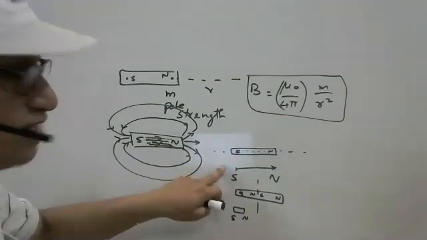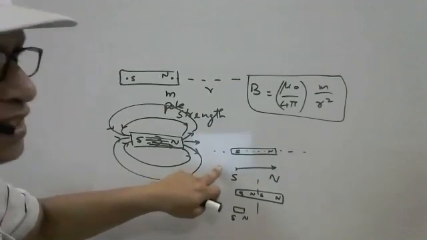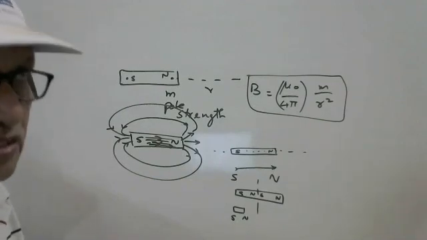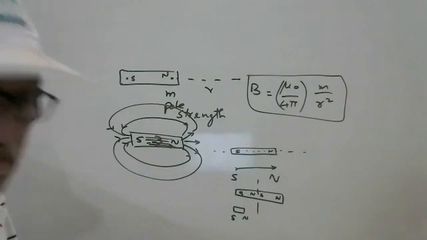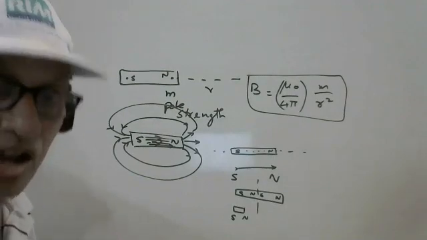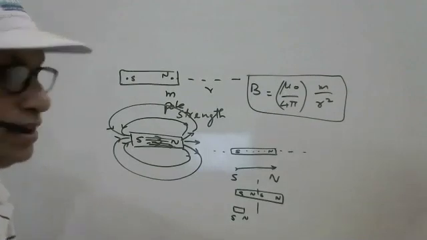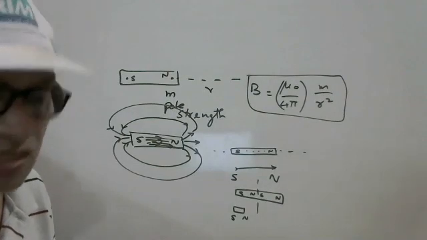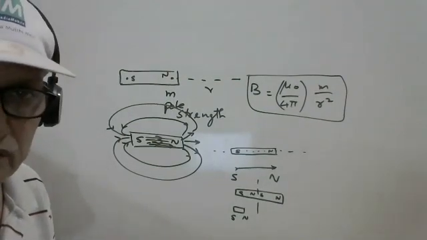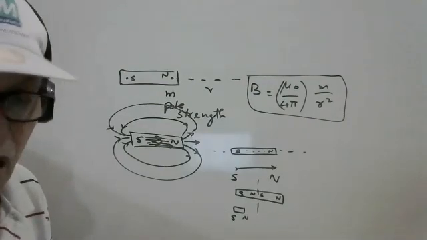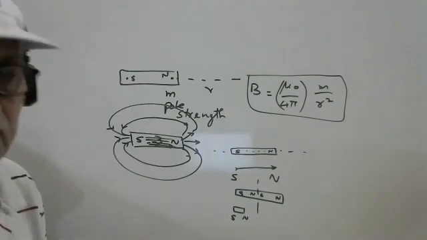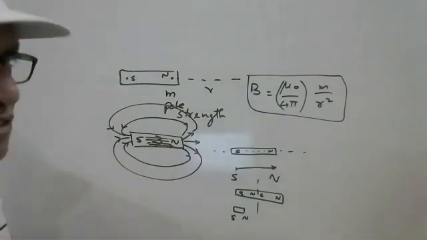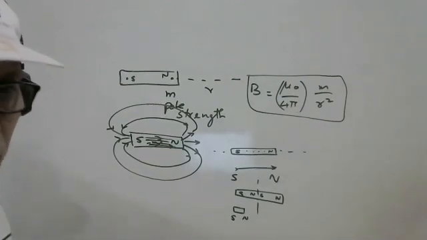Suppose this is a hanging magnet or very light magnet, like a compass needle, the north pole always indicates towards the magnetic south pole or geographical north pole. In other words, we can say the magnetic south pole and geographical north pole are in the same direction. Although it is not very correct, we'll discuss later while discussing Earth's magnetism. If you break it continuously, we cannot have a single pole. So a monopole does not exist.